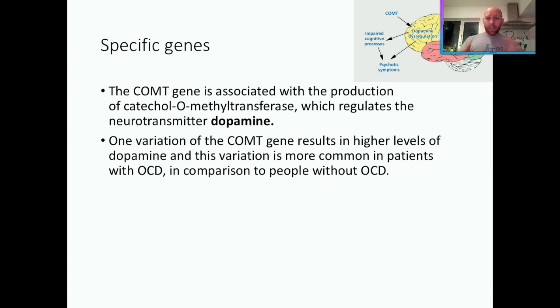The link here between a gene is not that the gene itself has any function. The gene obviously has a function in coding for proteins, but the gene would be linked to, in this case, the regulation of a neurotransmitter. So talking about COMT is your genetic basis. People have this particular variation. However,